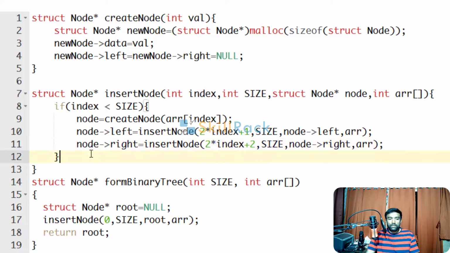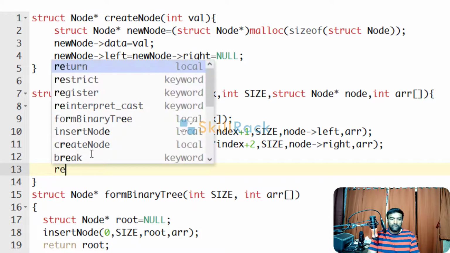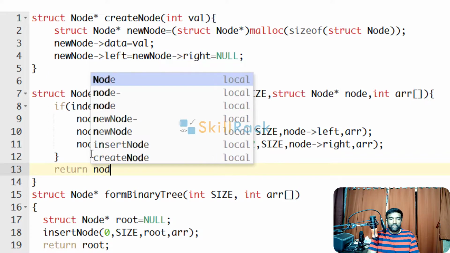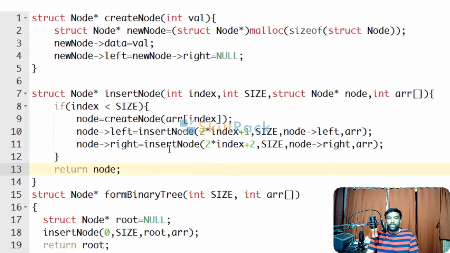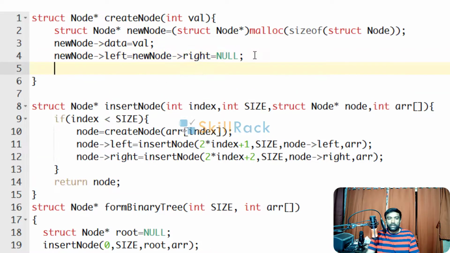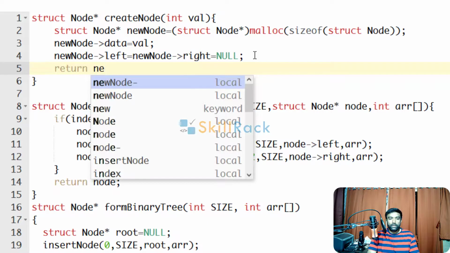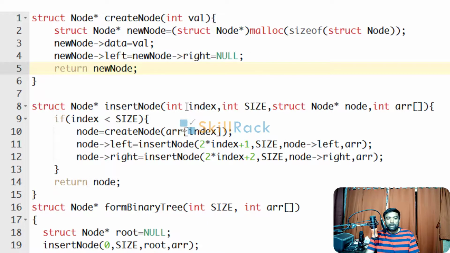Finally, after that you are returning the node pointer. If the index is out of bounds, it is simple: whatever node comes, null will be returned and it will not be initialized. Here in our function we have to return this new node. That's it.